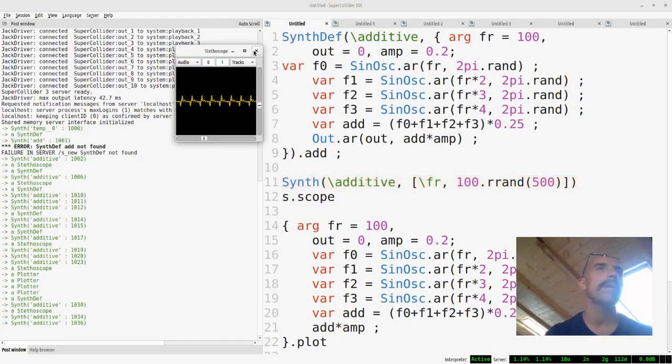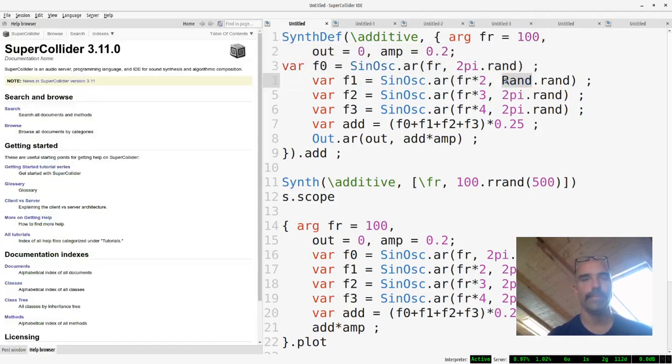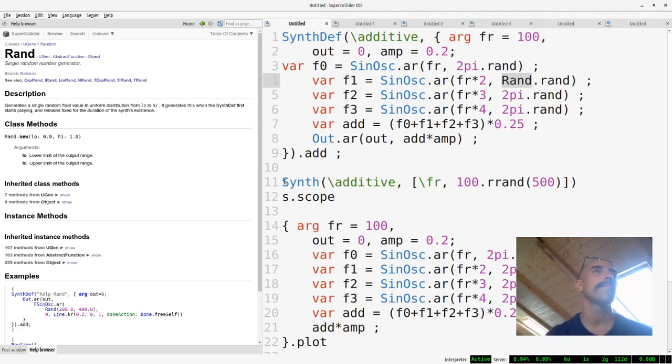We're still having this. Let's look at this. Okay, let's use this. Probably it's better we use a UGen rather than generating